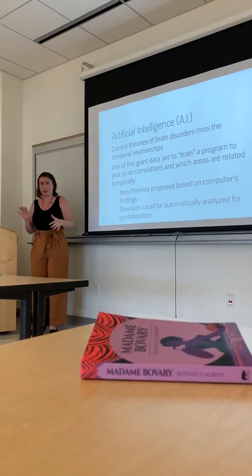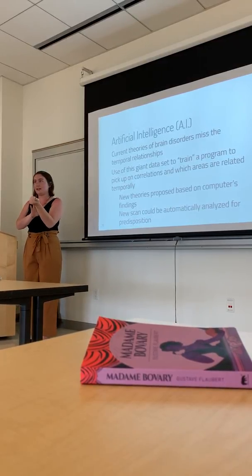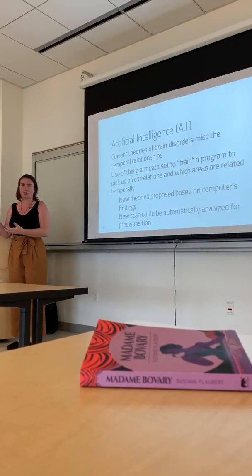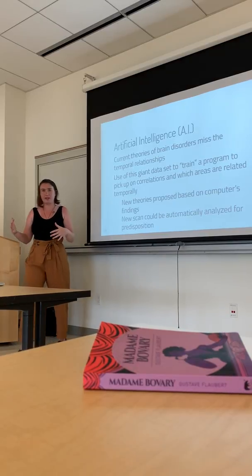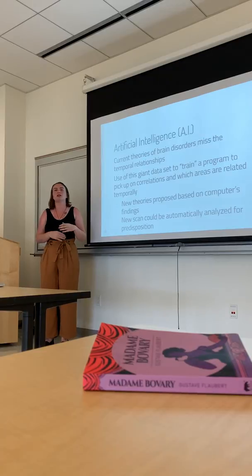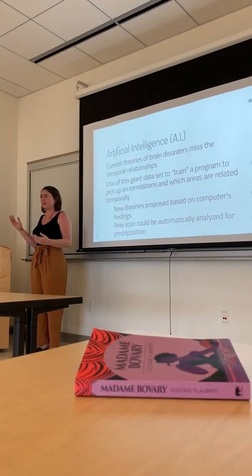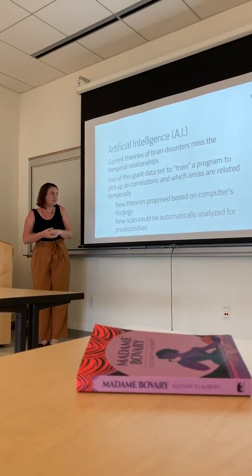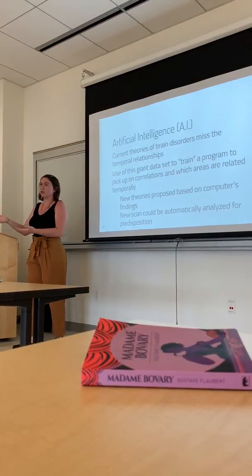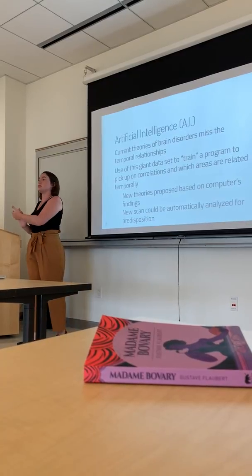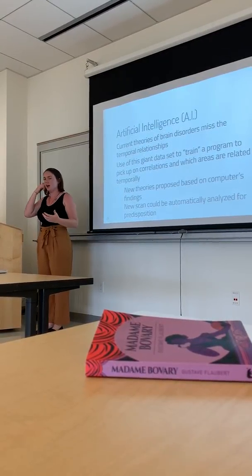So the first is this idea of artificial intelligence. Current theories of brain disorders don't have those temporal relations. They're just like, this region is very active in schizophrenic patients, while it's not so active in non-schizophrenic patients, that idea of on and off. But we have this giant data set that's perfect for artificial intelligence training. And so you can train a program to go through all these scans, look at these timings and temporal dynamics, and find correlations. Those correlations you can then use to advance theories about brain disorders and things that can happen there. And possibly, you could even use it in real time when doing a scan. You do a scan, you use the artificial intelligence program, and you can look for predispositions to things like schizophrenia, or very angry people, things like that. You can get those ideas from that AI